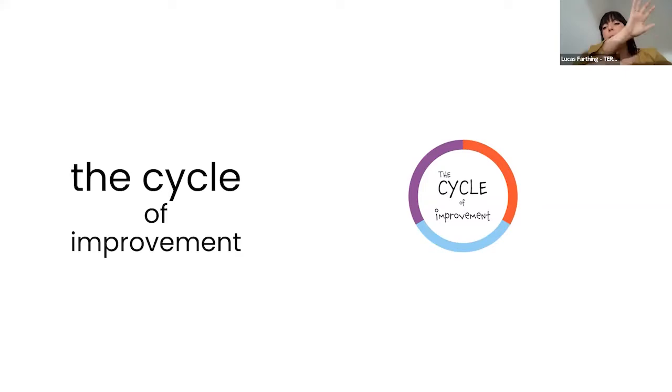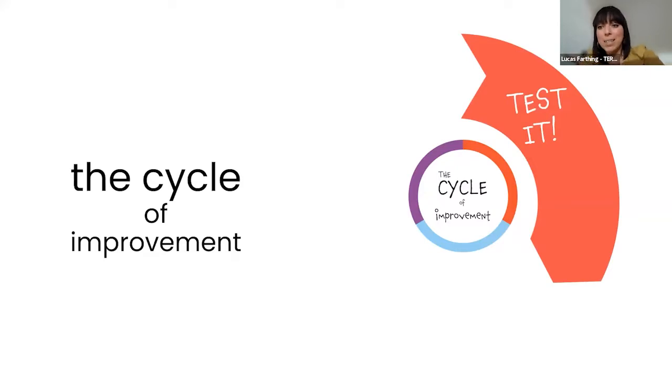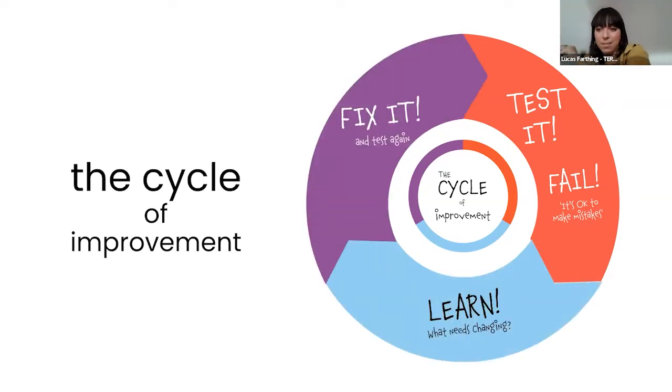This testing is all about a cycle of improvement, okay? And all entrepreneurs are caught in this cycle of improvement, continuously improving their offerings. Testing is not a one-time thing. It's not like you're going to test now, next week or 2 weeks from now, and then you're going to be done testing. It's never finished. The cycle is to test it, and of course, because it is a test, to make mistakes and to fail on certain aspects, and then to learn what needs changing and to fix it.